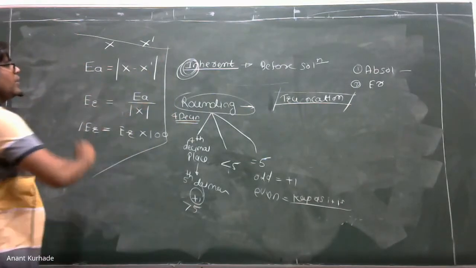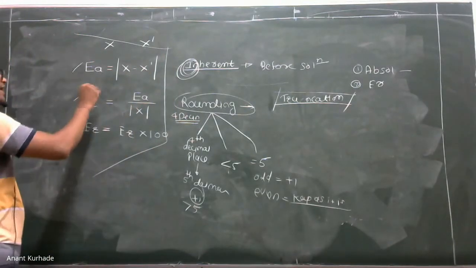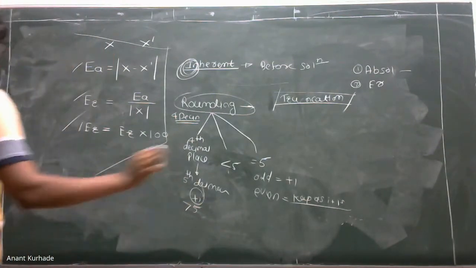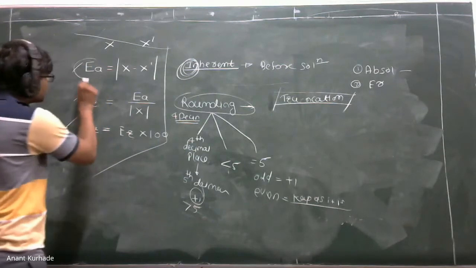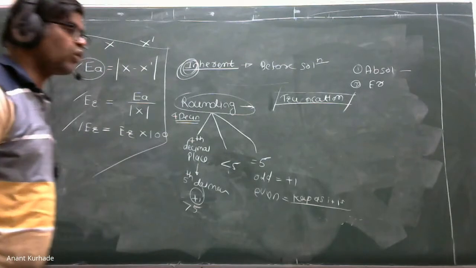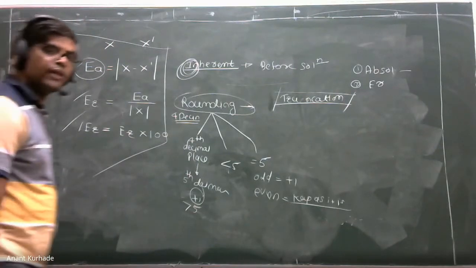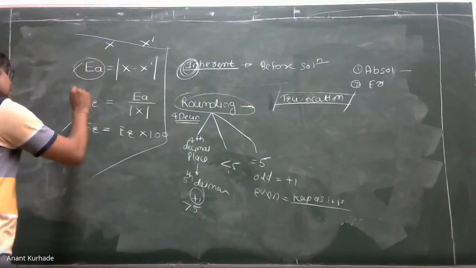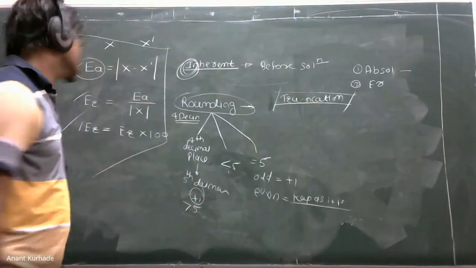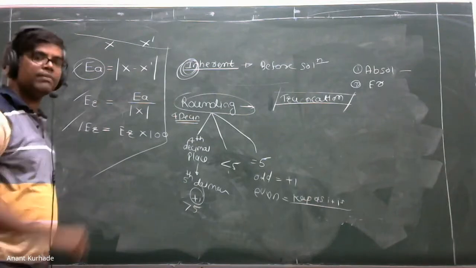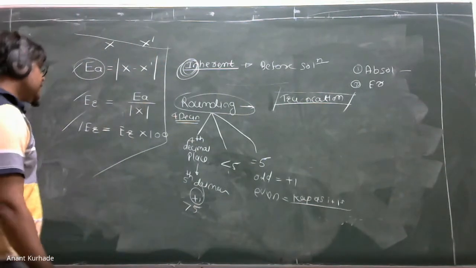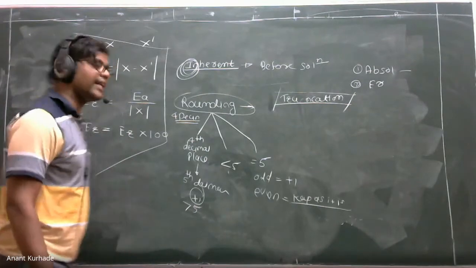Now, we can put a question for this, relative error. Okay, how can we give an example? So better, write down that statement. Absolute error is the difference between true value minus approximate value. Second, relative error is the ratio of absolute error to its true value. Then percentage relative error, multiply relative error by 100, it is percentage relative error.